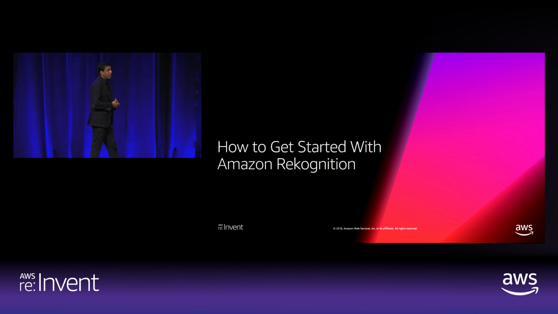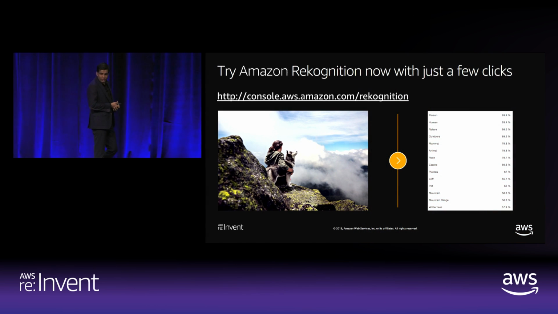How do you get started? You could go to the Rekognition console, and that URL up there. And you can try out the product for yourself, upload your own images, and there's a bunch of experiences we have created. You could try it out quickly. You could start with a CLI. You could start with an SDK. Very easy to use. You could literally get it in production in a matter of days to weeks, depending on what problem you're trying to solve.